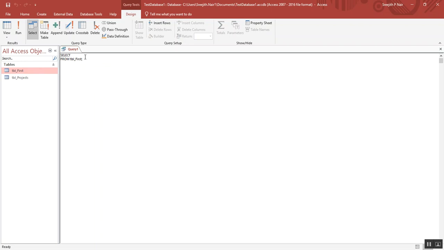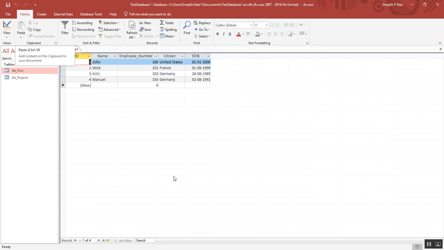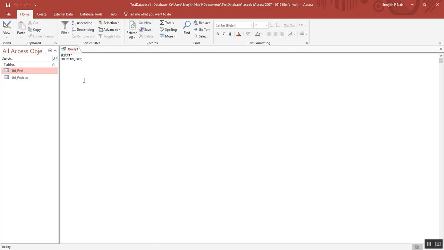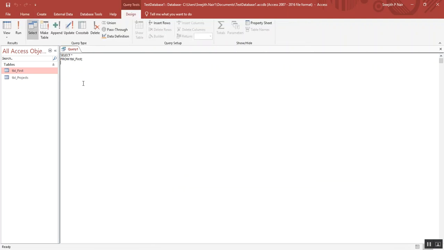If you put a select star, it means you will select all the records from that table without using any criteria. Let's run the query now. Click here, run. See this? If you run the query, all the records are returned. Now let's go back to SQL view. What I'm going to select is select star from table first. I'm putting a word, a condition. These are called conditional select queries, where, let's say, name